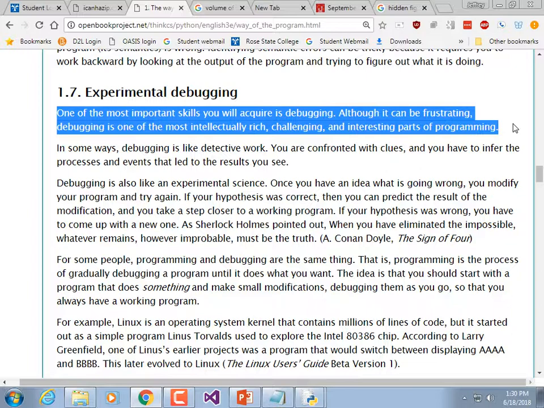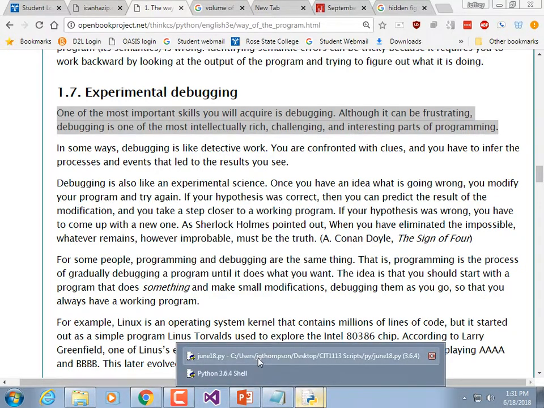Now, there's a couple of ways you can approach it. Some languages, some development environments let you step through your code line by line, watching the variables change, and that's called interactive debugging. If you don't have interactive debugging, you can at least put print statements in it to see how far it goes. So for example, if I had a bug in my program here,